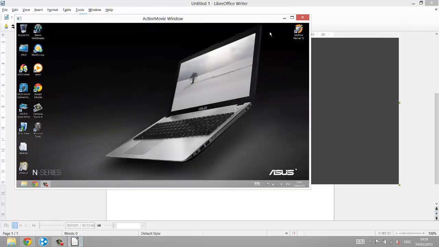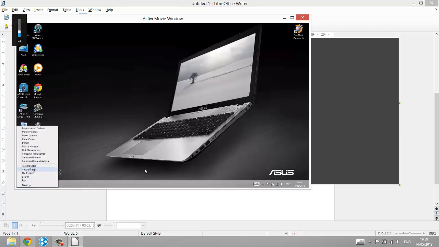Oh, hello and welcome to this new tutorial, which is again a Windows 8 showcase tutorial. Okay, basically in this tutorial I'm going to be showing you how